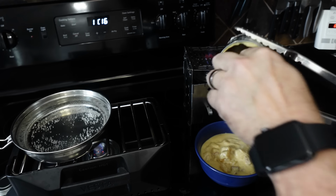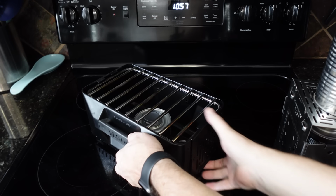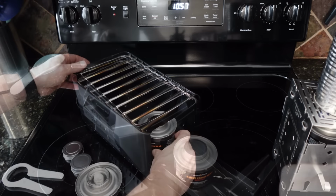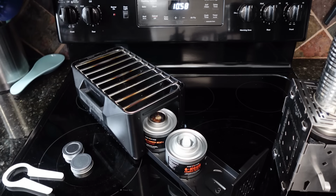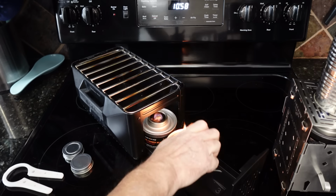It's just that one single can is not going to boil water, which is why I went to the Vesta InstaFire and decided to go ahead and use 2 cans and see how long this would take, or if it would boil water. And this Vesta InstaFire is a pretty cool unit. I've done a video on this in the past when I first got it, and I did some testing with it. It not only is a cooktop